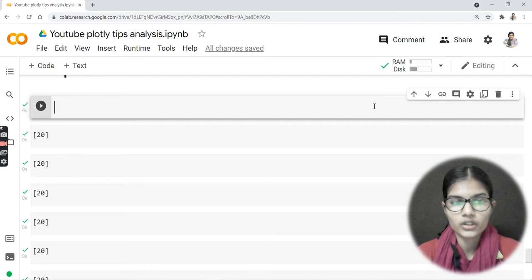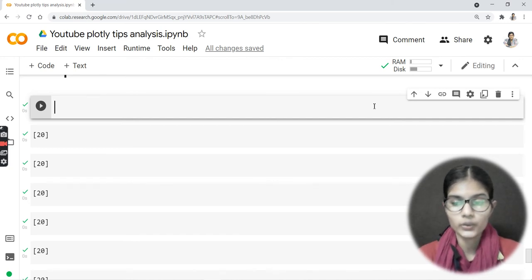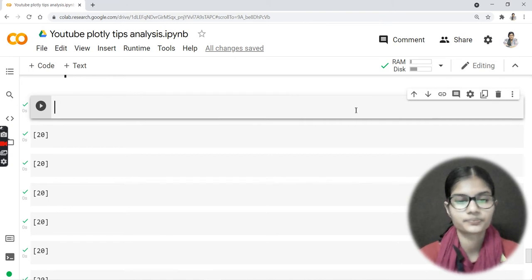Let's say you do not have any particular data, so you just want to do some stuff with the numpy library. Using that numpy library, how you can plot bar plots and line plots as well, because that is also possible, right? So we'll be discussing all of these three things today.